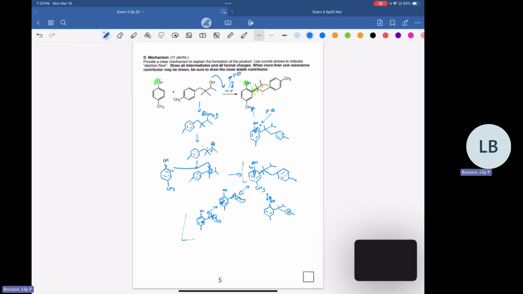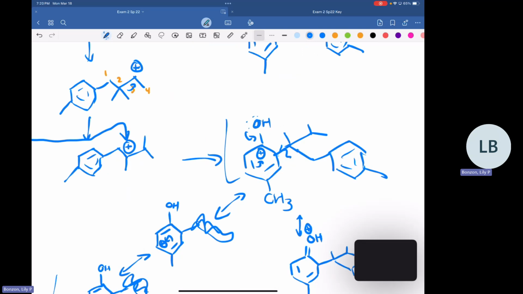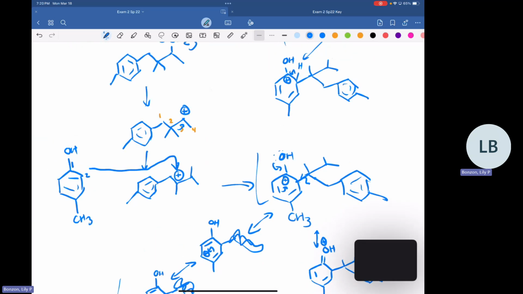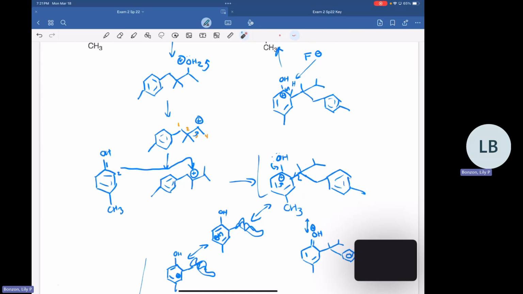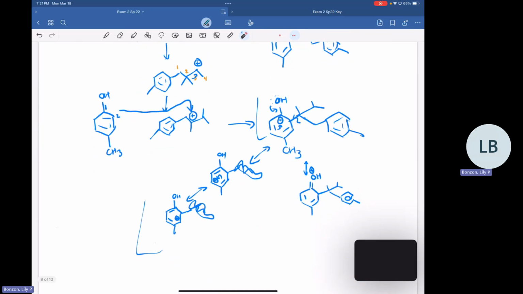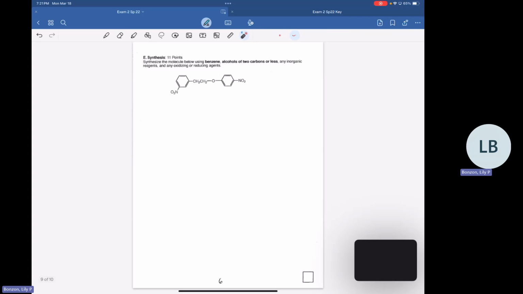Whenever you do something with the benzene. So with these first steps over here, we didn't really do anything with the benzene. It was just on that alkyl side chain. But once we got to this step here, where we attached the left structure to the right structure, and we formed a carbocation in the benzene ring, then you're going to do your resonance. Any other questions on this one? Okay. Again, if you have questions afterwards, you can just come up and we can work them out.